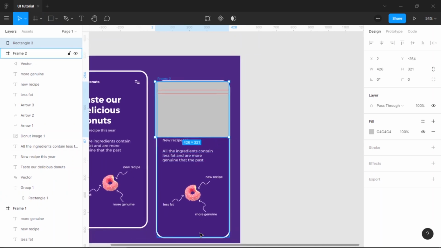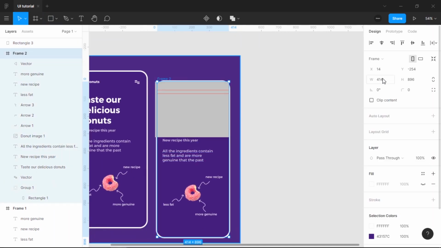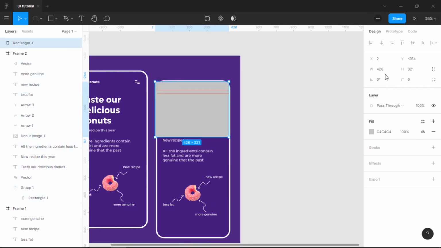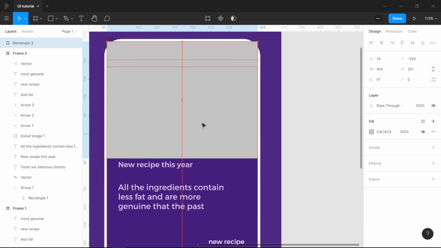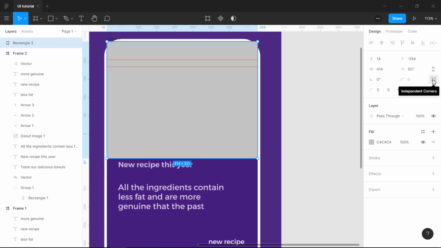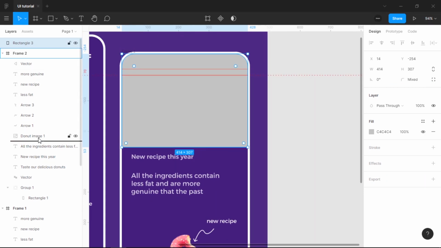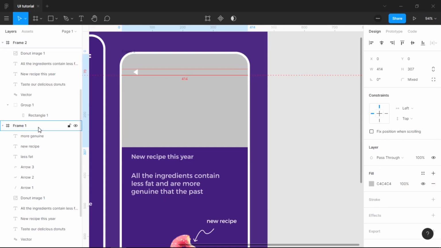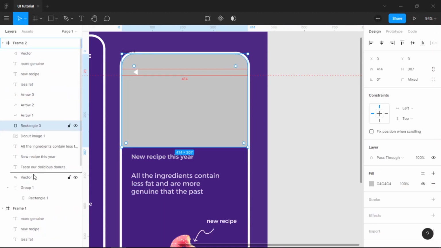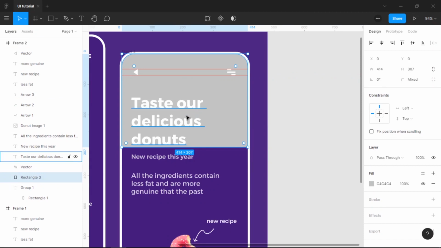Now, just see the weight is 414, so we replicate 414, and then here we select independent corner, the top left, the top right, enter, and we make a part of subdivision. Then we put here, also here, and then